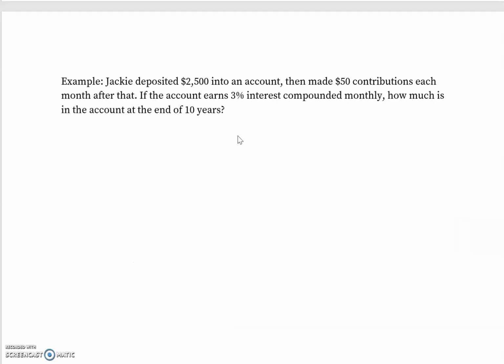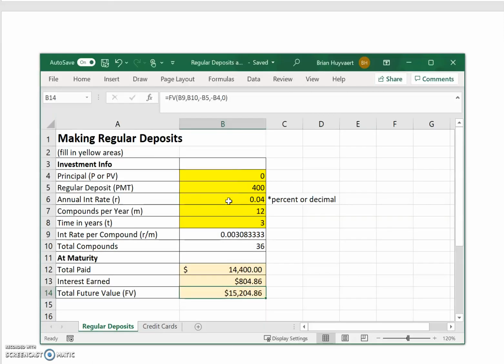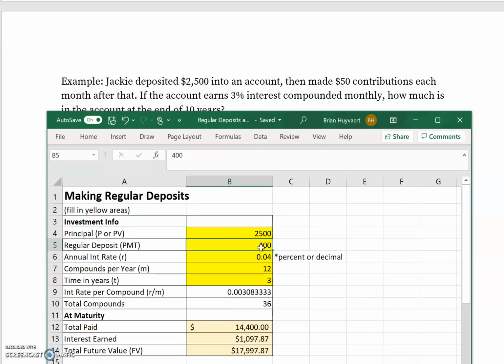Okay, let's suppose we deposit $2,500 into an account and then make some regular deposits. So this is a case where we do have a principal, right, a present value of $2,500. The regular contributions, the regular deposits are going to be 50. The interest rate is 0.03 or 3%. Again, we're compounding monthly. We can leave it there. And how much is in there at the end of 10 years? So again, we're making in total 12 payments a year for 10 years, so 120 total